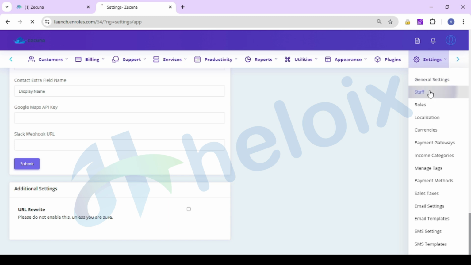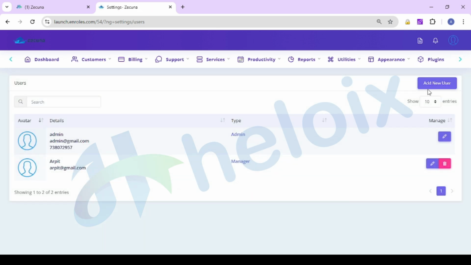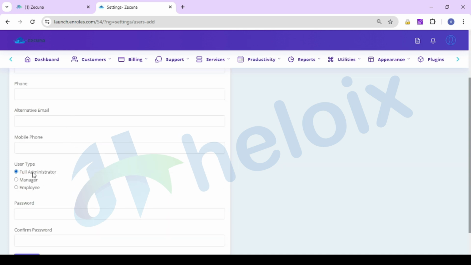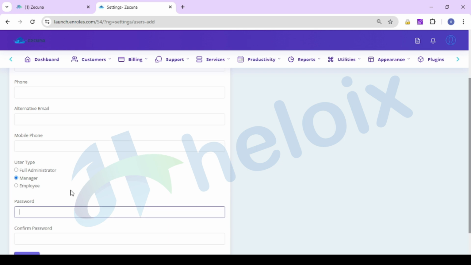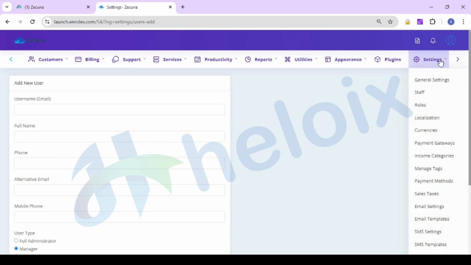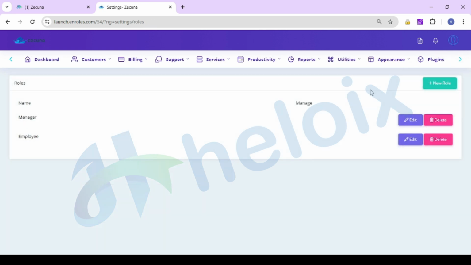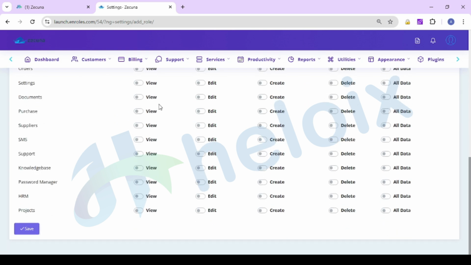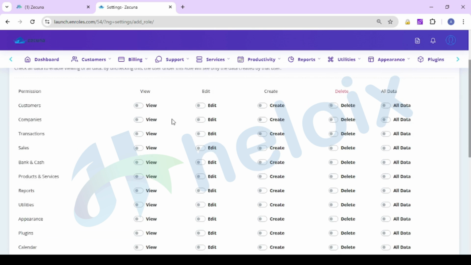After that, if you want to create any staff, then you can create a staff. You just need to add some data. Here you select the role, which role we are going to provide. Here you can give a password, or you can share that ID and password with them. Whichever permissions we allow them, they can manage. Here you can make roles and give permissions to them. These are permissions. You just click here, then we can give this permission to them.